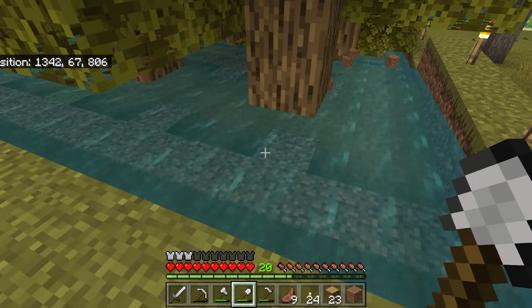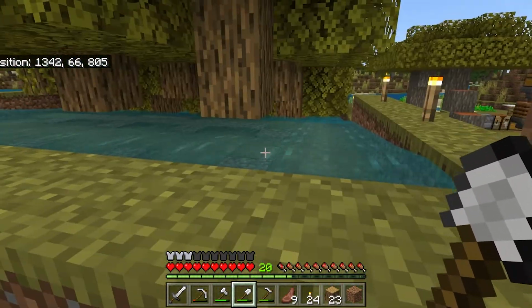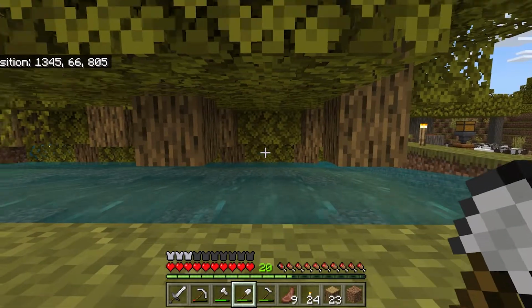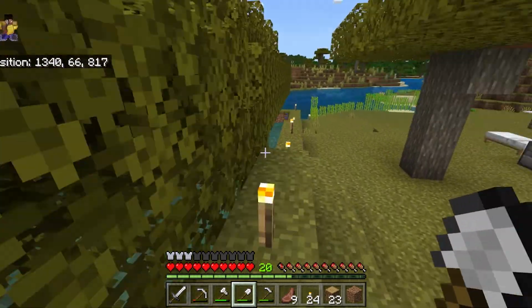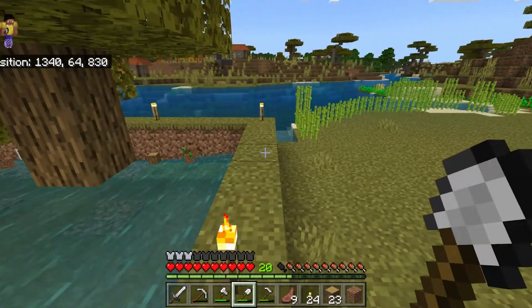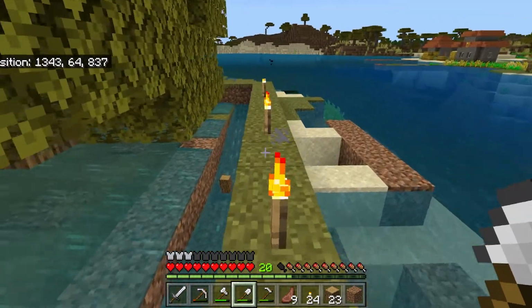Now the reason we do this is so that as we're chopping logs, if anything falls down, then they'll just get carried to the stream at the bottom. Let's just double check right at the bottom just to make sure that we've got everything. Yeah, so everything is flowing in here except for